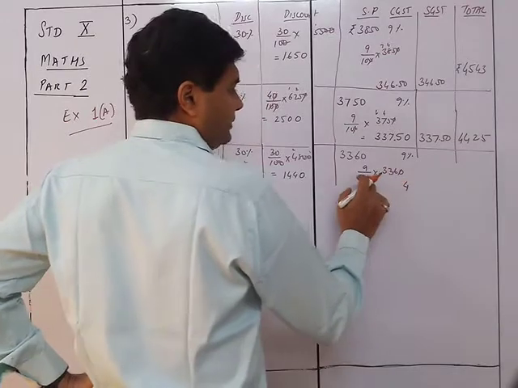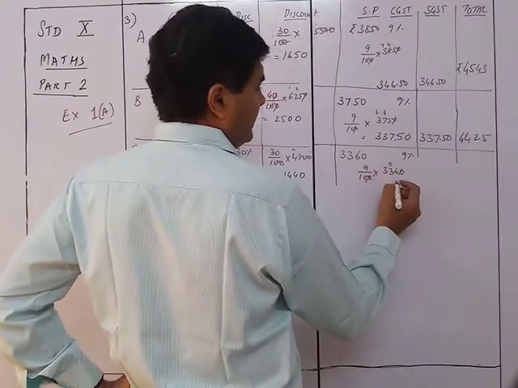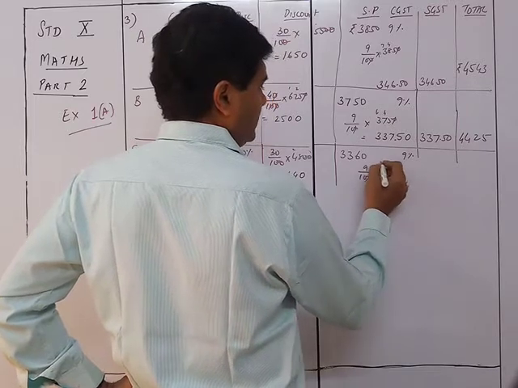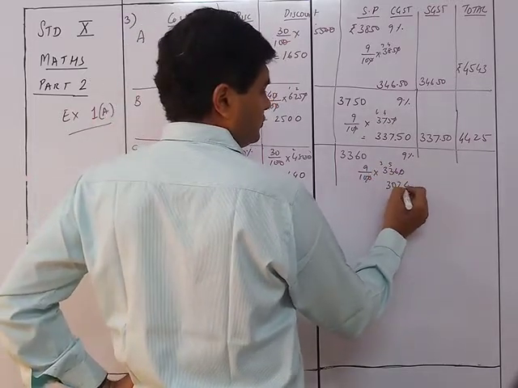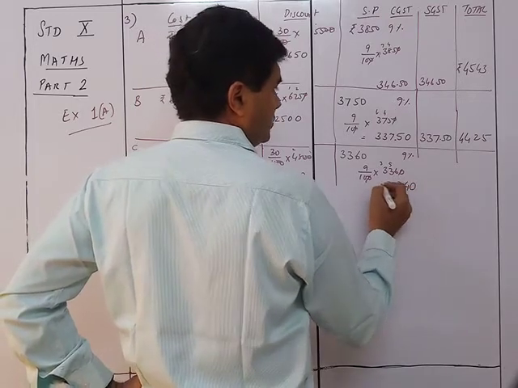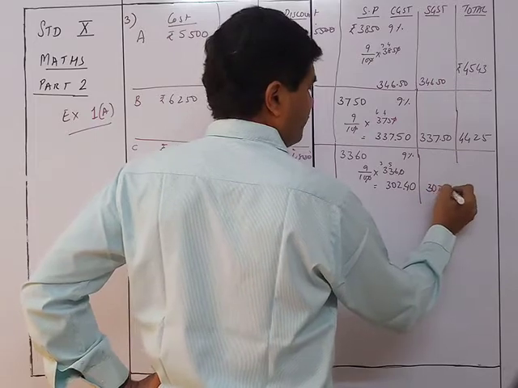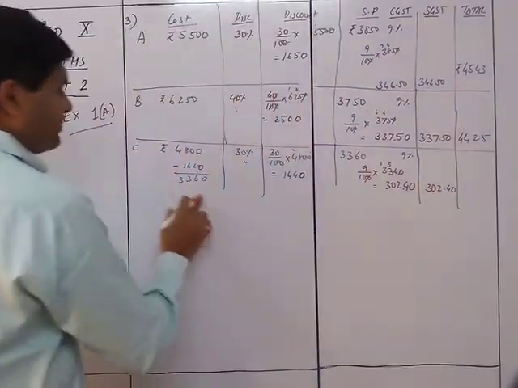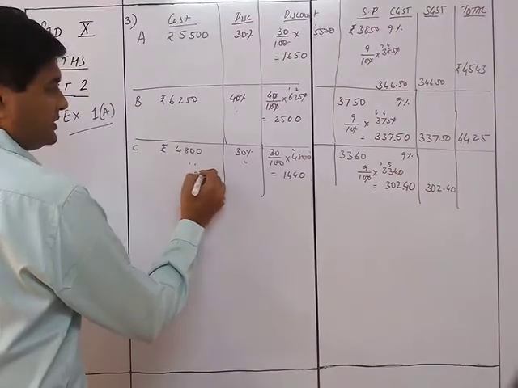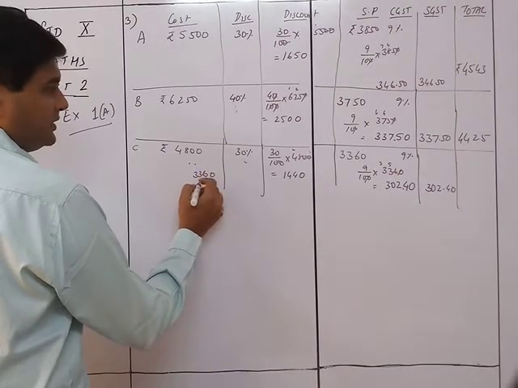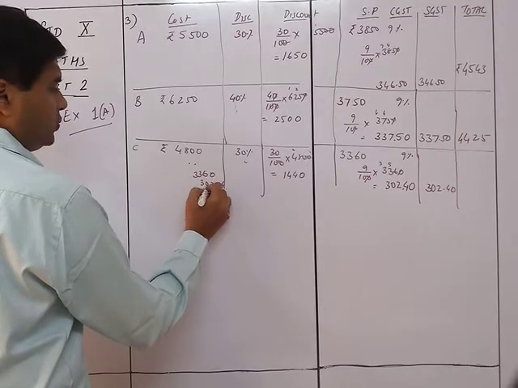Right? 9 6 are 54, 5, and then 27 plus 5 is 32. So 27 plus 3 is 30. So 302 points, so it will be 302.40. So that will be equal to 302.40. Accordingly, the sum will be 3360 plus the addition of 302.40 and 302.40.